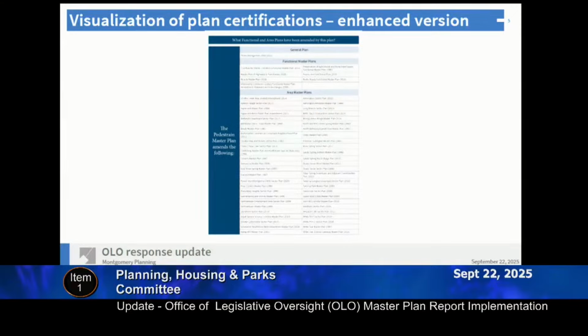We wanted to show you the example of the pedestrian master plan here because it's a county-wide functional plan, and from a plan amendment standpoint, it's one of our more complicated ones. So for the master plans and the area master plans and sector plans, this would be a little less extensive, but we're hoping that this will more clearly show what plans are being amended. And that's all I have for my updates.